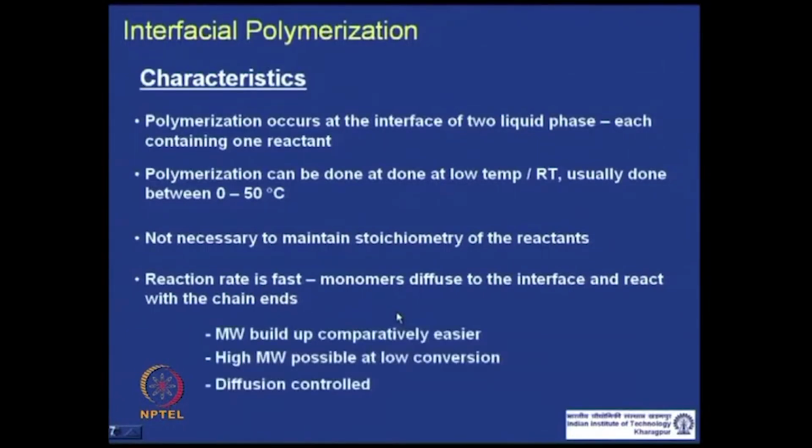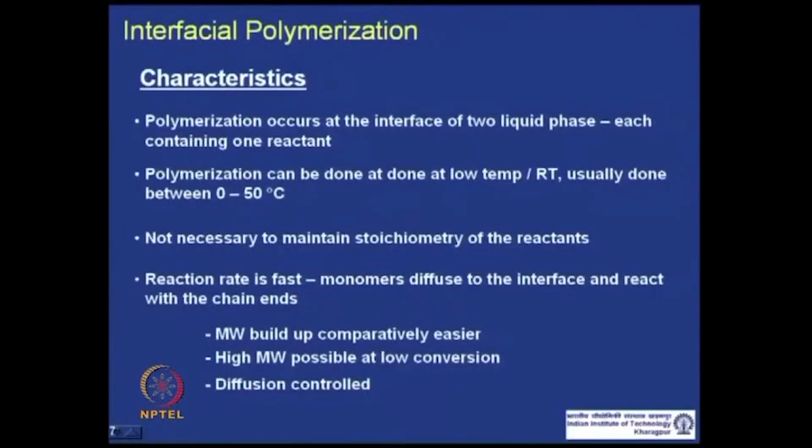So, what is the outcome? That molecular buildup is much easier, because as soon as the monomers diffuse from the bulk to the interface, they react with the chain end and the chain grows one after one. In the normal linear polycondensation case, you have dimer, trimer, tetramer, and it grows slowly one after one. But in this case, the monomers come by diffusion to the interface and react with the chain end. So, the chain grows in size. So, it is comparably much easier to build molecular weight,